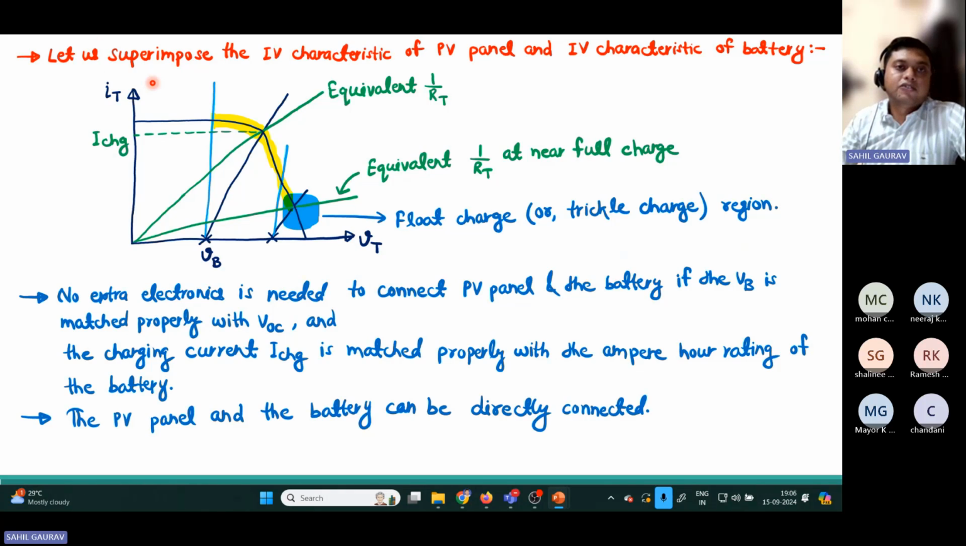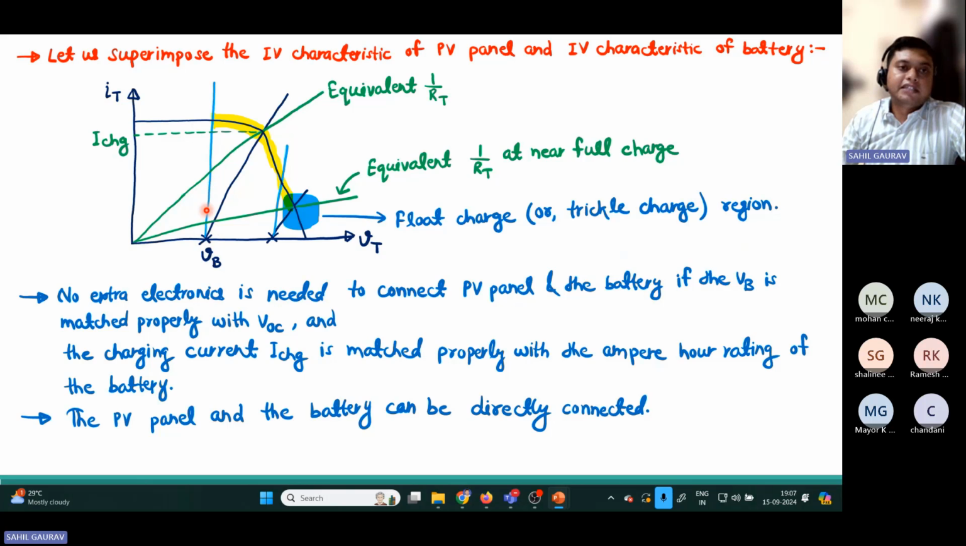So here we are going to superimpose the IV characteristics of the PV panel and the IV characteristics of the battery. This blue line is the IV characteristics of the PV panel. Let us call the terminal voltage, the battery voltage, VV, and for this ideal charging,